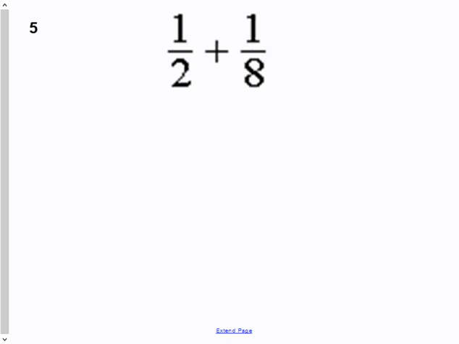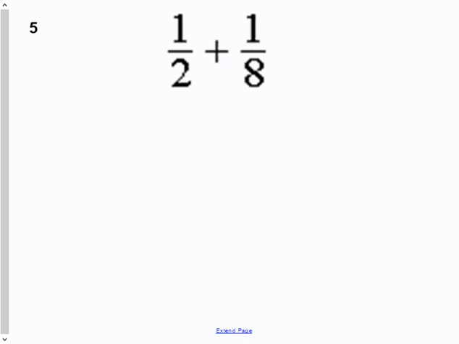Question 5, we have now breaking into fractions. We have 1/2 plus 1/8. And when you are adding or subtracting fractions, remember what we used to do. We said that when you add or subtract fractions, you need to have what we call a common denominator. So make sure you use common denominators and make sure you get the right answer. So go ahead and try this. And if you forget totally, don't press pause and just listen. But if you can do it, press pause, give it a try, and see if you got the right answer.